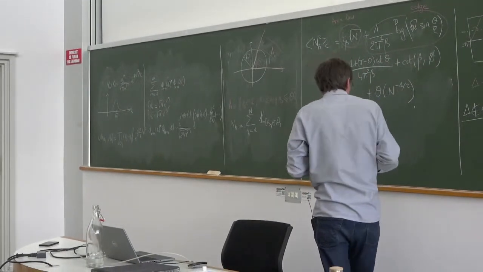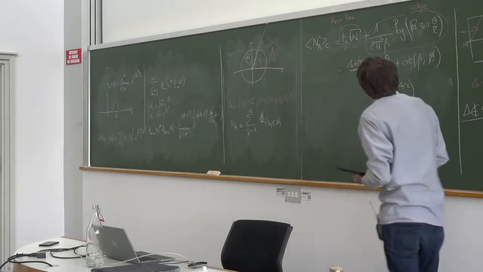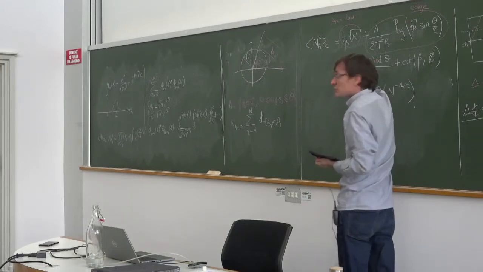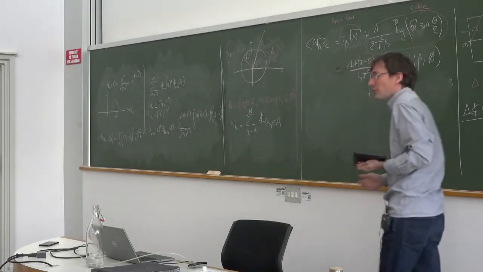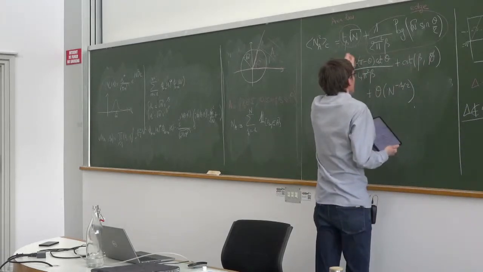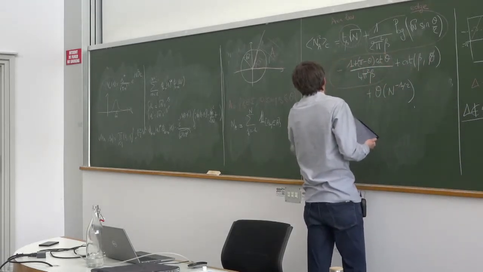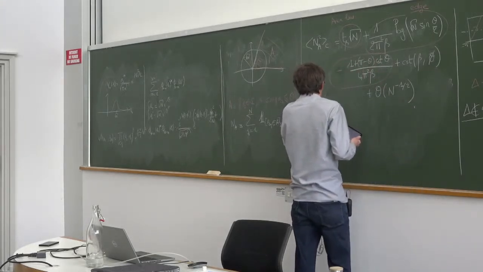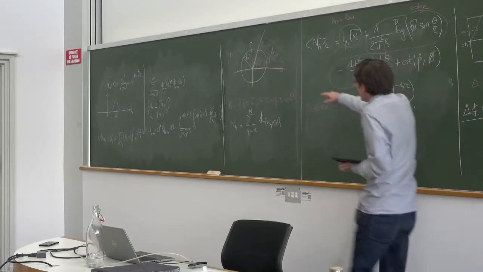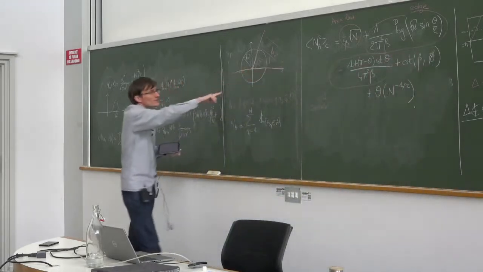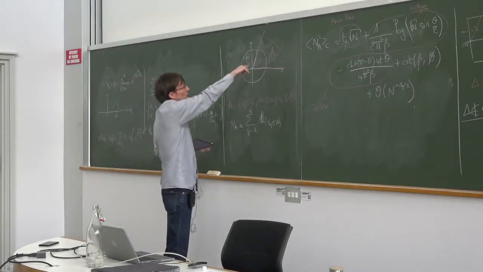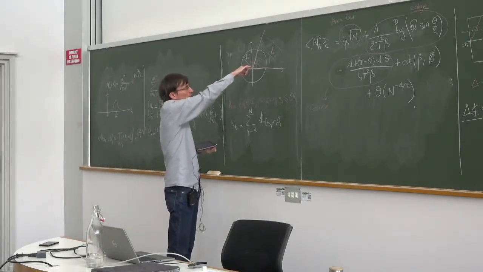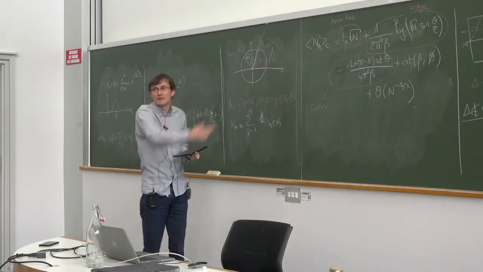This puzzled us for a long time because we were thinking at the beginning that we would only see this, and it turns out in the constant there is an extra contribution, which is this weird factor here. We understood recently that this actually comes from the corner which is located here. So the point is in the asymptotics you have to be careful what you assume on the boundary of the region A, and here the boundary of region A is not smooth. There is this corner here, and it impacts the asymptotic expansion.